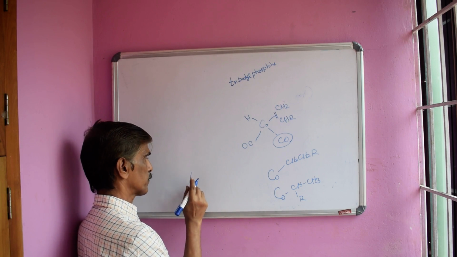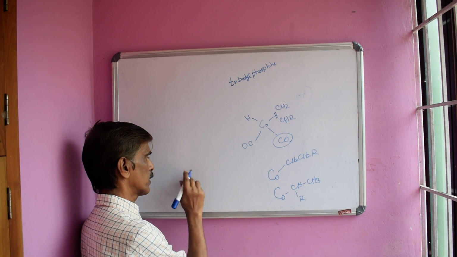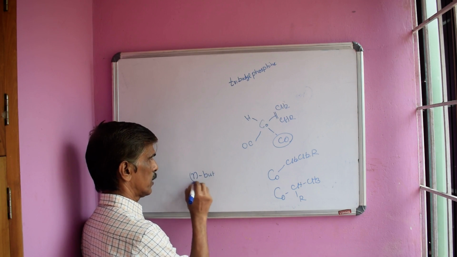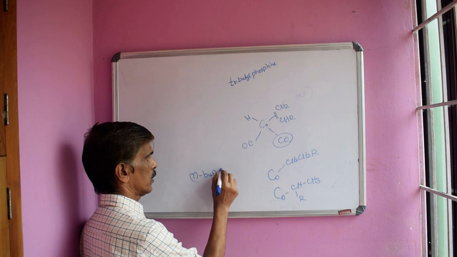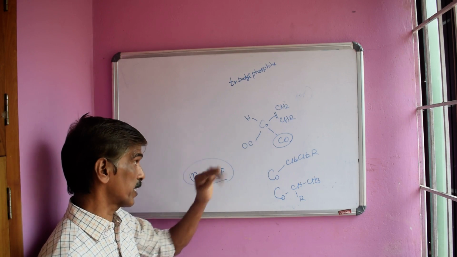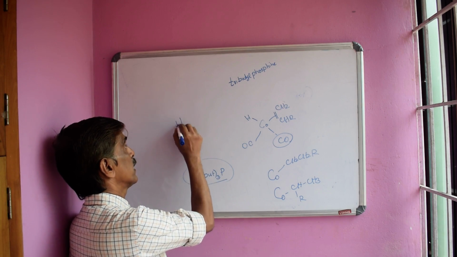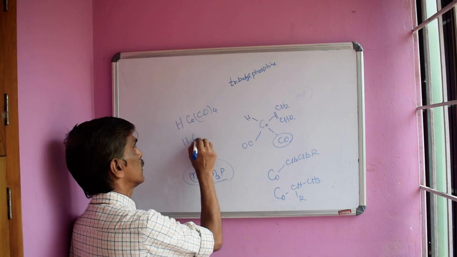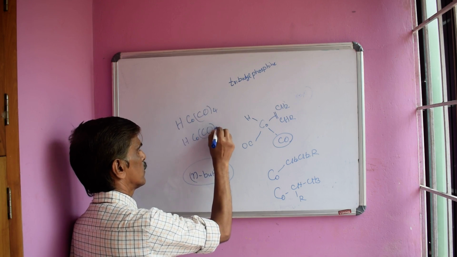You can write n-butyl. This ligand was used instead of one CO on cobalt. So the starting compound instead of HCoCO4, it was HCoCO3 and a